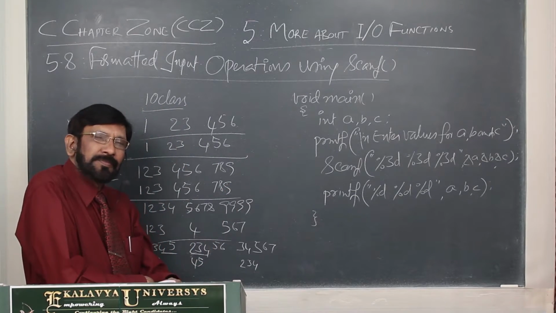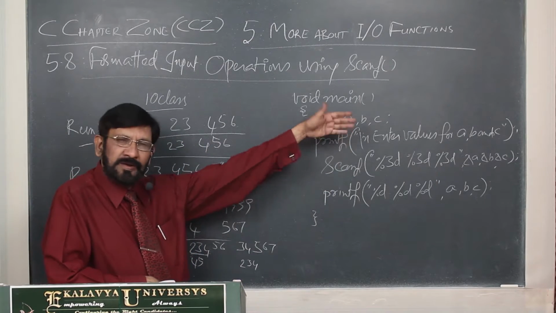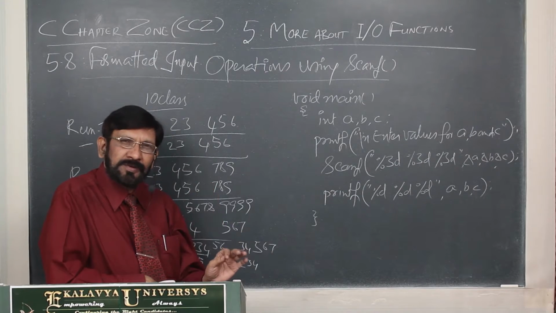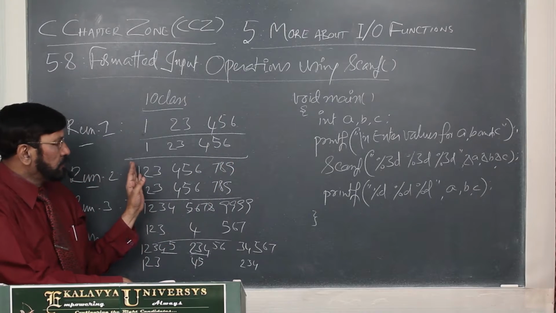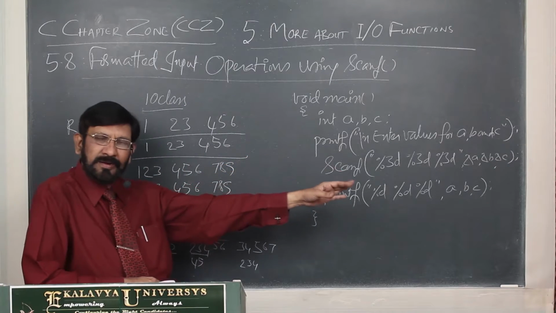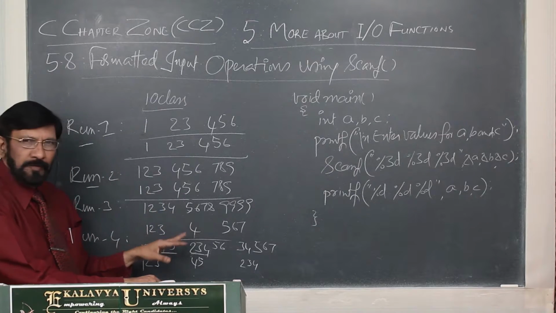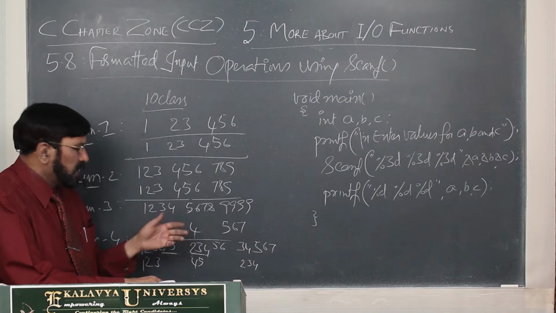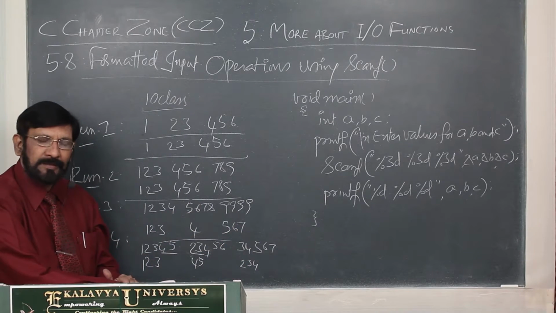This is the way. If you want to define a width specifier for input values, you must be careful. If it is very much required, you do that, and then you should strictly follow the width specifier. Subject to that only you have to give input values. If you violate the principle, if you give bigger values and all that, these consequences will occur.